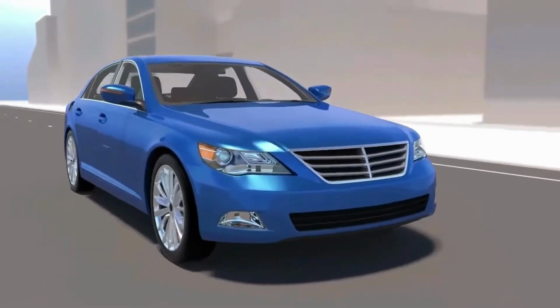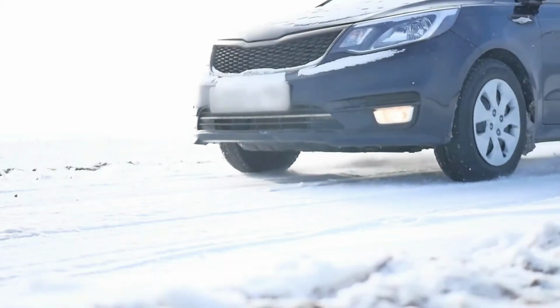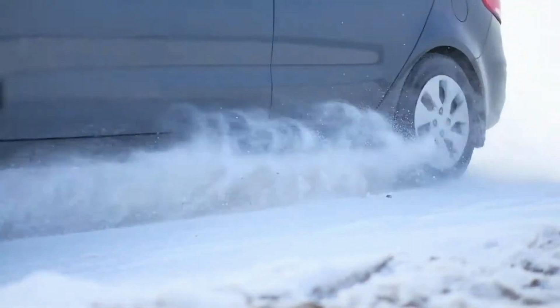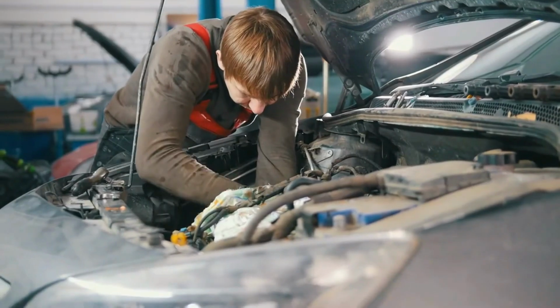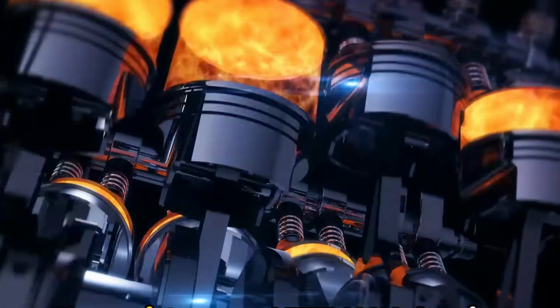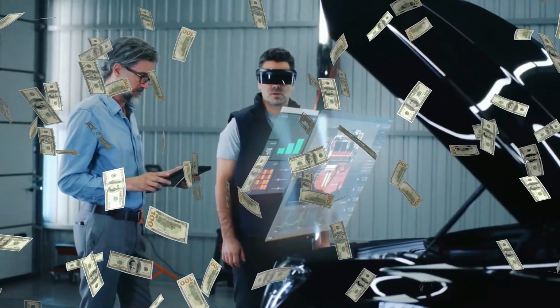Did you know that over 80% of cold start engine damage is completely preventable? Yet most drivers still make the same deadly mistakes every single winter. And these mistakes don't show damage right away. They quietly wreck your engine from the inside out until one day you're staring at a $3,000 repair bill wondering